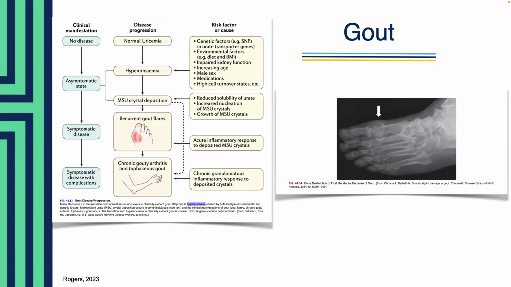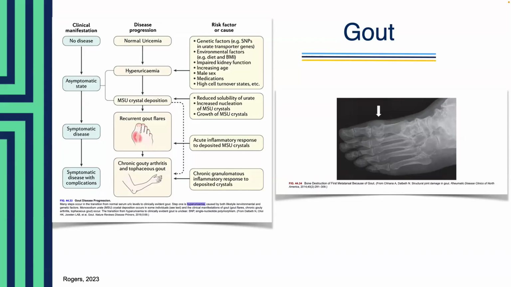In the second stage, we go to acute gouty arthritis. This is the symptomatic stage, where MSU crystals deposit into the joints. These crystals are recognized as foreign bodies by the immune system, and that leads to the activation of neutrophils and the release of the primary inflammatory mediators responsible for the inflammatory response, such as interleukin 1B. This triggers the sudden onset of joint inflammation, pain, swelling, redness, and warmth, often affecting the big toe or first metatarsal.